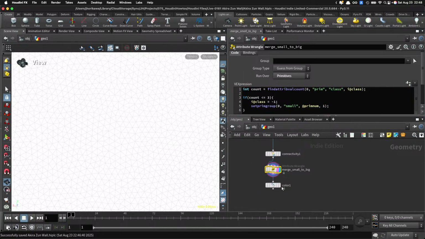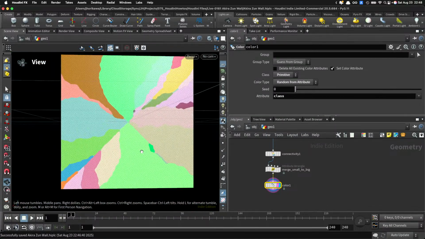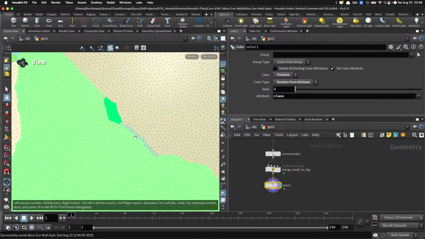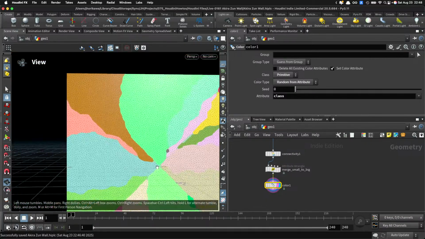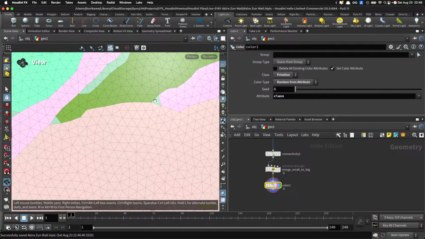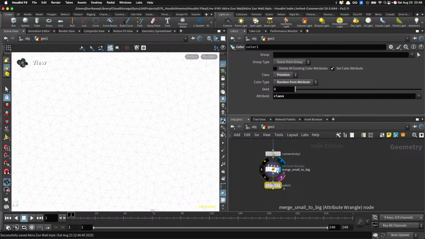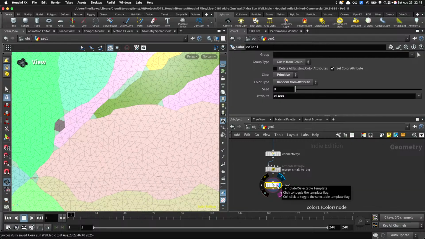Okay, let's check with the color node again to visualize based on the class, and now all the small parts have been merged into one, like these. Okay, which looks better. I mean, they are still small parts right here. So in order to fix that,